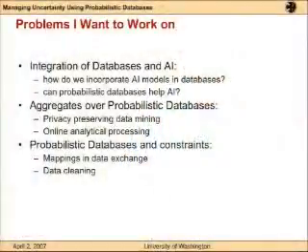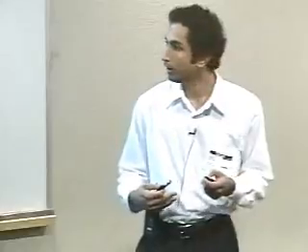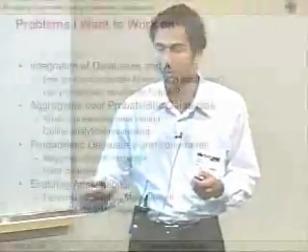for making decisions. I also want to look at constraints over probabilistic databases, which again has lots of applications. In data exchange, constraints are often used to describe mappings between two different data sources. And if you have uncertain data and you want to map it to a different schema, how does this translate in terms of the constraints? It also plays an important role in data cleaning, where you have some dirty data and you think certain constraints hold over the data and you want to reason about that.